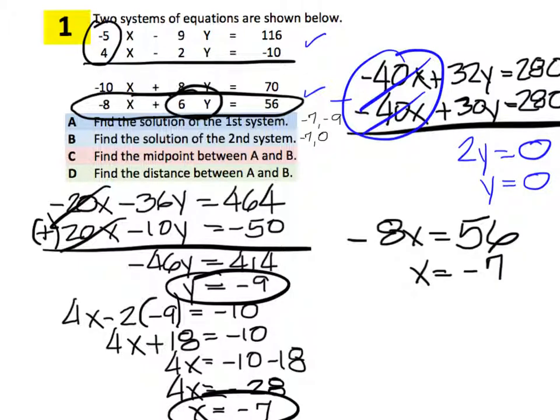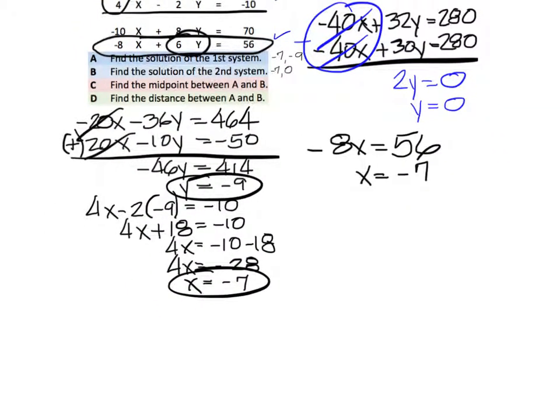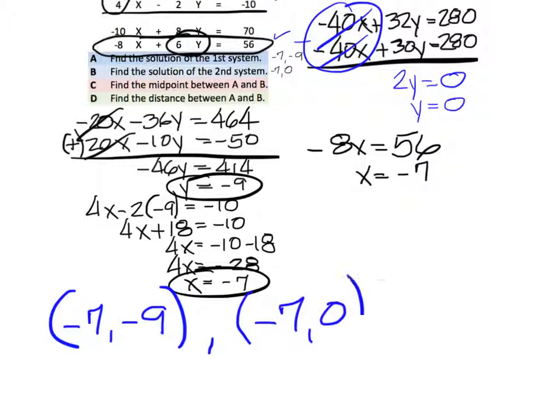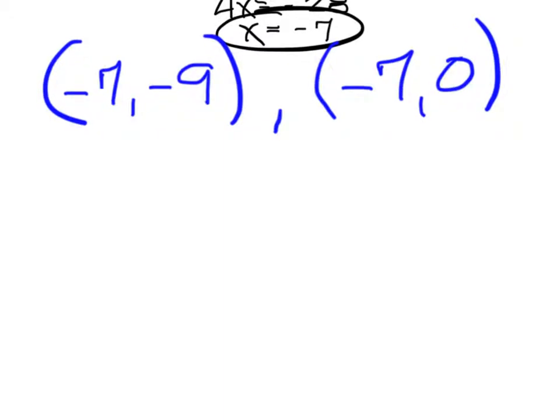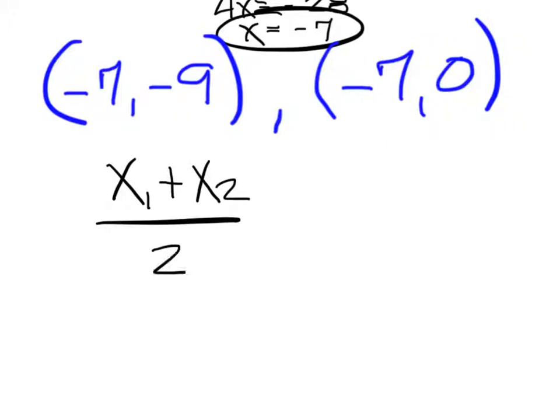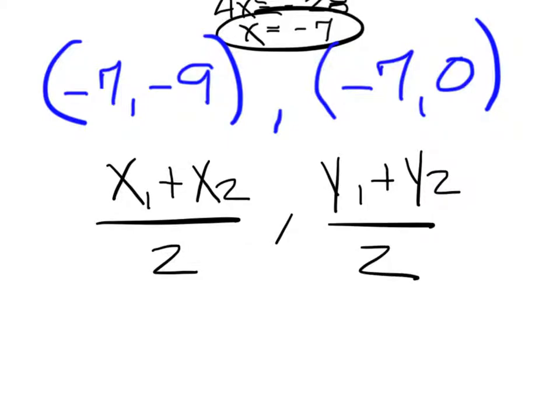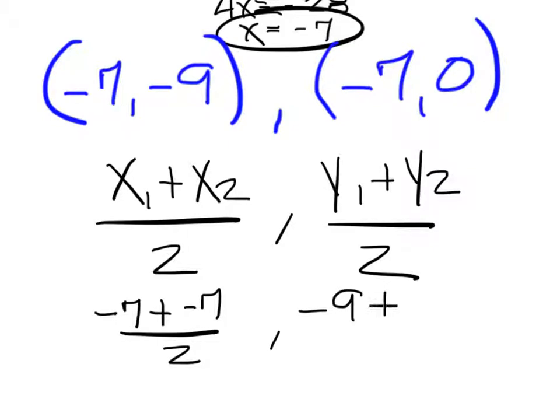So let's try to create a more clean workspace down here. And I'll do negative 7, negative 9, and then negative 7, 0. And to find the midpoint of these two items, I have to use this formula. x1 plus x2 over 2, and then y1 plus y2 over 2. So add the x's together, negative 7 plus negative 7, divide by 2, and then the y's, negative 9 plus